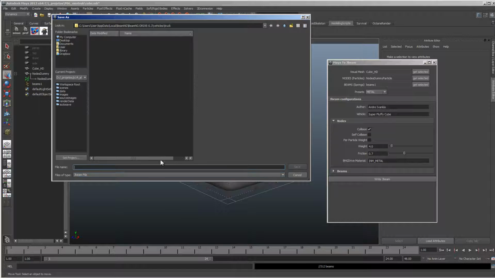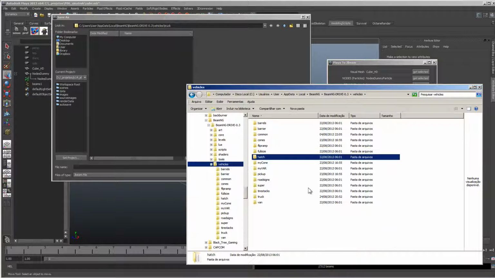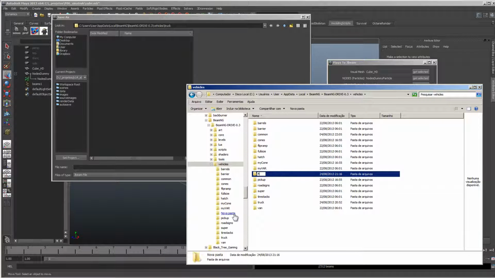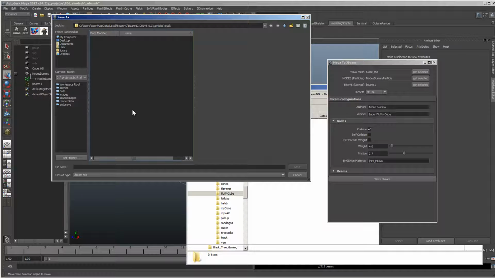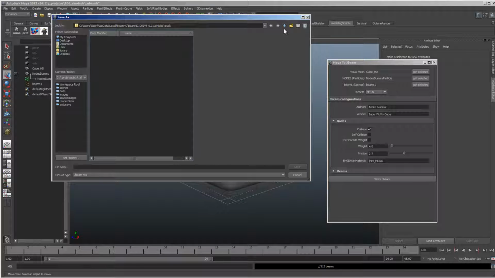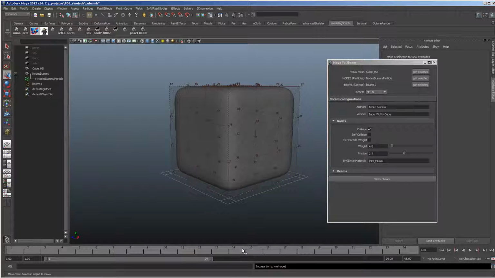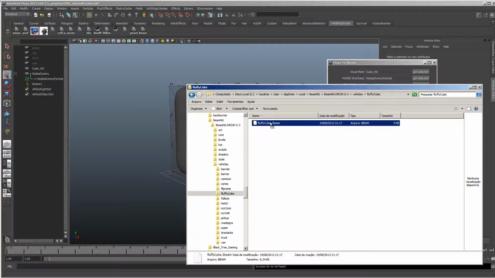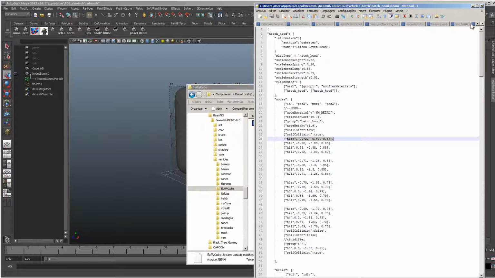So we will write the JBeam. We have the vehicles folder. We want to create a folder with the name Fluffy Cube, for instance. This is my new vehicle. We go to vehicles, Fluffy Cube, and name it the same as the folder, Fluffy Cube, and it will save the JBeam. So here is the generated Fluffy Cube. If you drag it to a text editor,